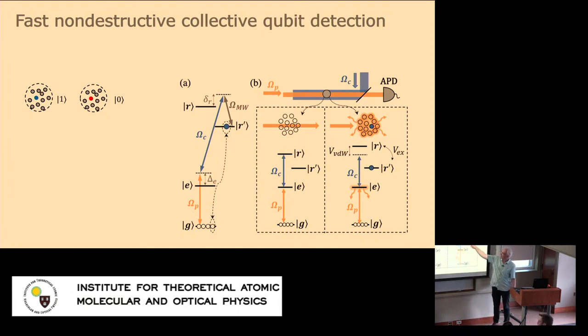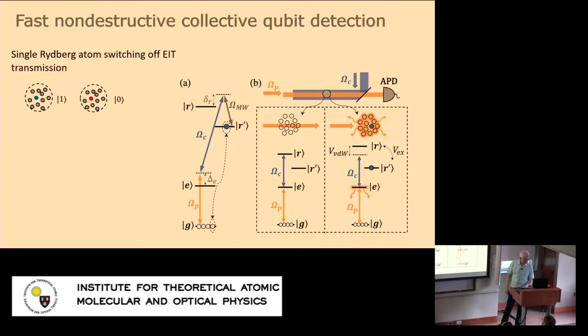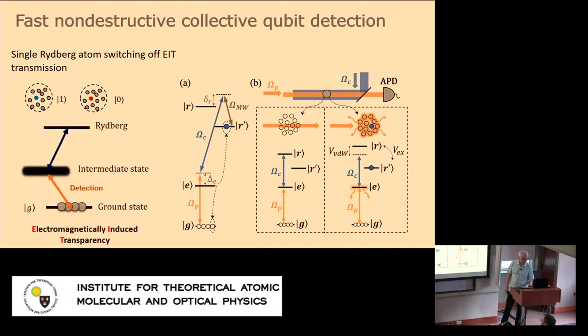However, if this state is filled by even one atom inside the ensemble, then what happens, of course, the van der Waals interaction shifts away the Rydberg state out of resonance, and because this EIT line width is adjustable and can be relatively small, even a relatively modest shift is enough to now make the ensemble absorptive, and then you can collect, for instance, the transmission through the ensemble. And it's sensitive to a single atom. And so this is the basic idea.